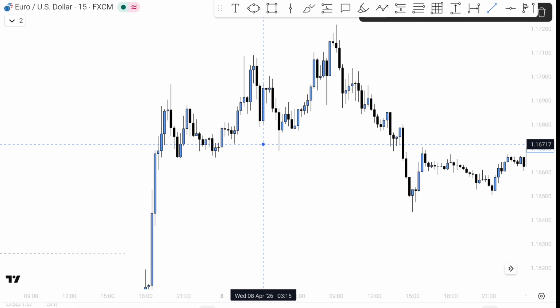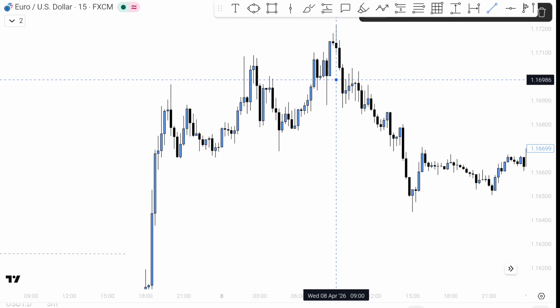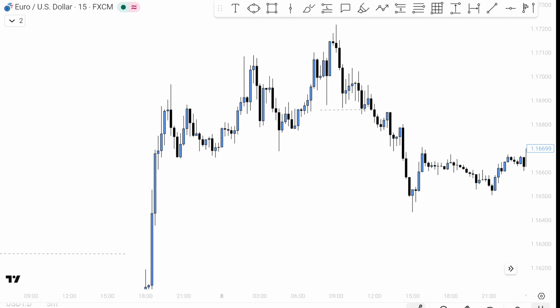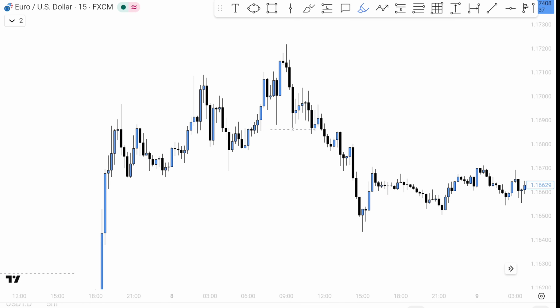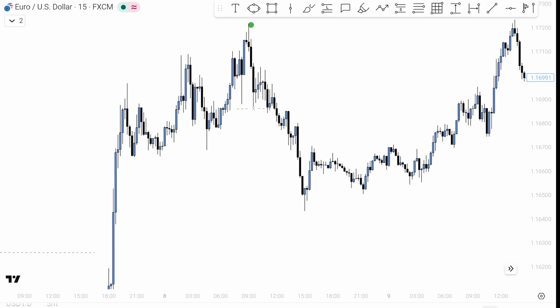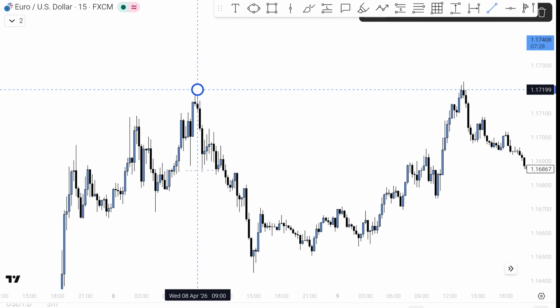The market continues to move to the upside, and all these were the internal pullbacks, as you can see, and this was the first pullback. The market breaks below the first pullback, which makes our higher high at this point. Now the market mitigated something to the downside, moves to the upside, and then again breaks the same higher high, which is at this point.